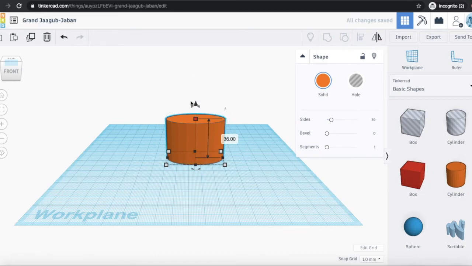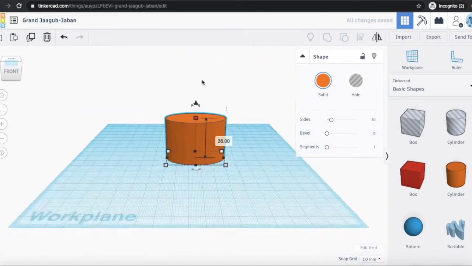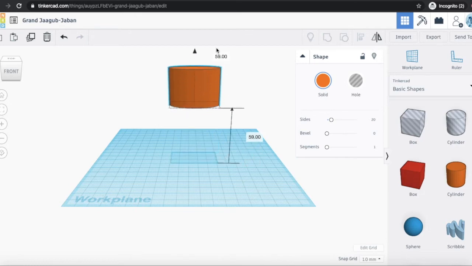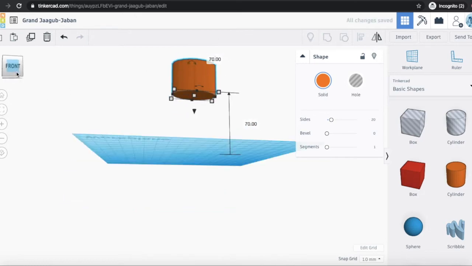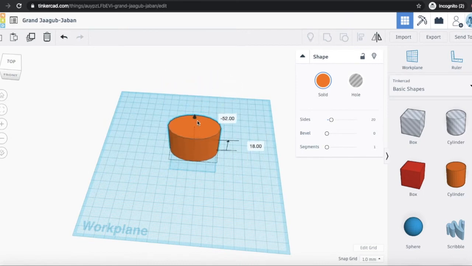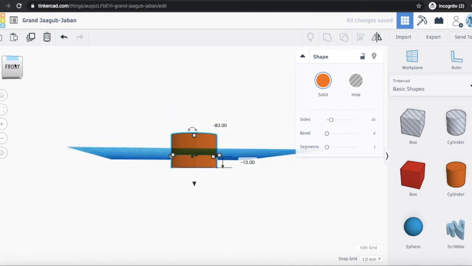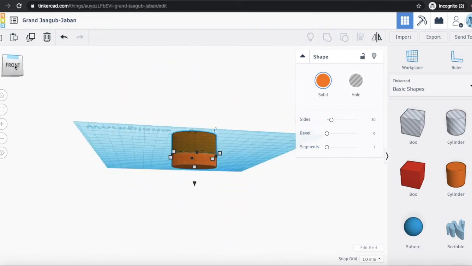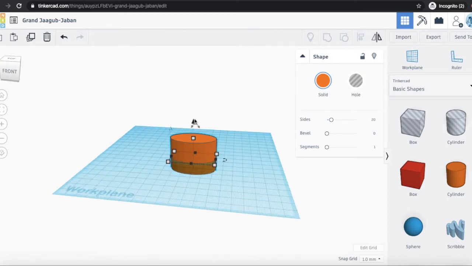There you go. Now up here at the top, you'll see a little black cone. That helps us move things up and down. So now you'll see it's kind of floating up in the air, or we can make it go down. And that's important when you're combining shapes. Now I've gone too far, so if we look underneath, you'll see it's sticking out the bottom. For the sake of our 3D design, we don't want things sticking out the bottom, so we're going to just